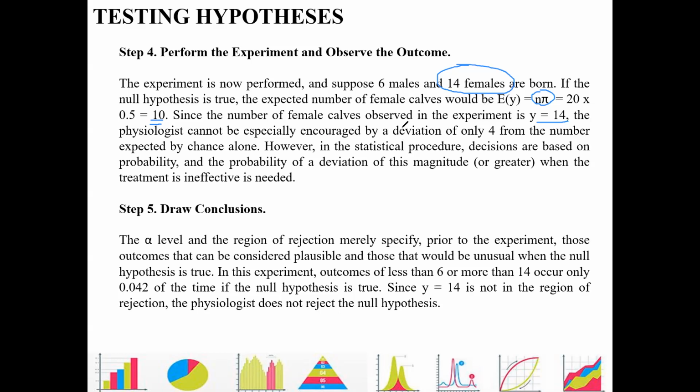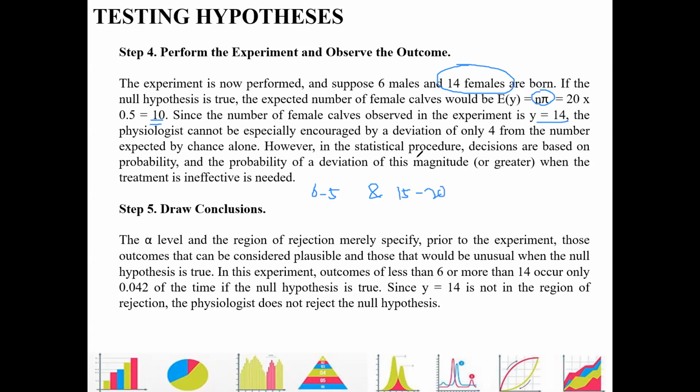However, in the statistical procedure, decisions are based on the probability. And the probability of a deviation of this magnitude or greater when the treatment is ineffective is needed. So, since our region of rejection is 0 to 5 and 15 to 20,